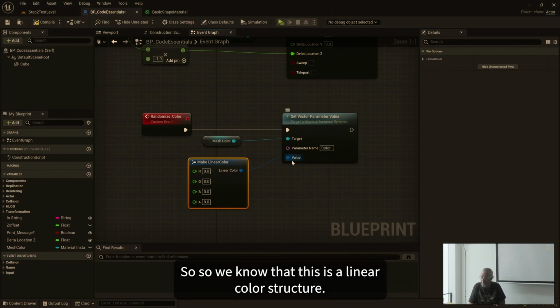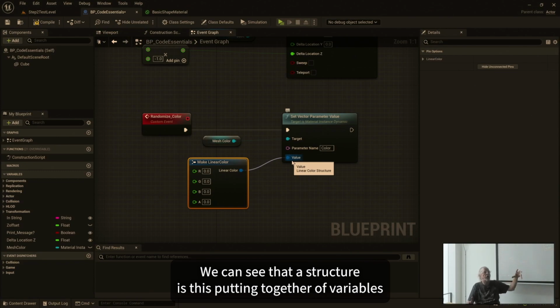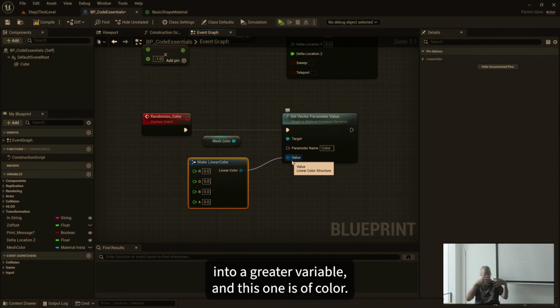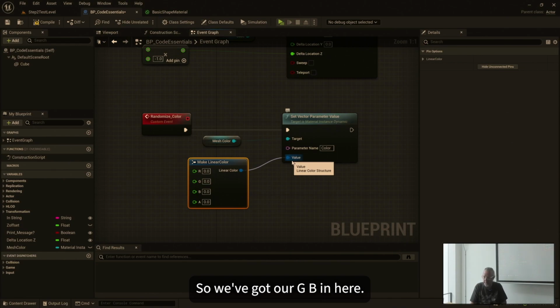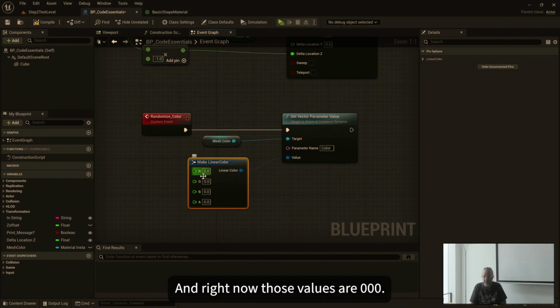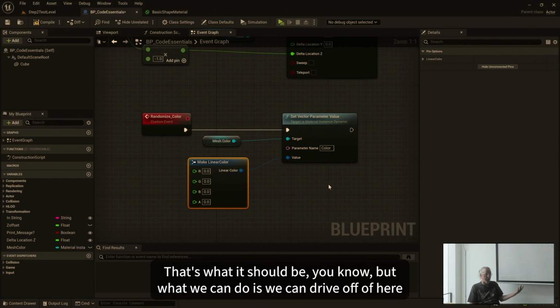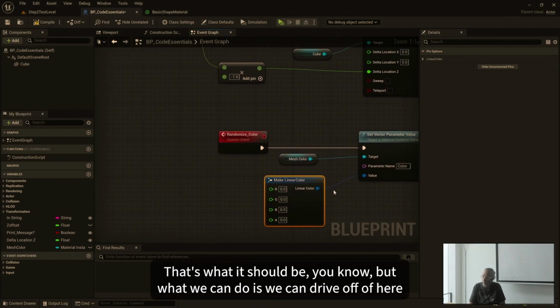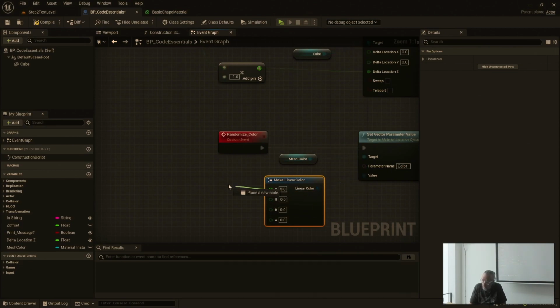So we know that this is a linear color structure. We can see that. A structure is this putting together of variables into a greater variable. And this one is of color. So we've got RGB in here, and right now those values are 0, 0, 0. So black is completely appropriate. That's what it should be, but what we can do is drag off of here,